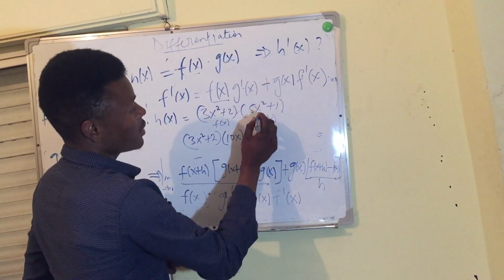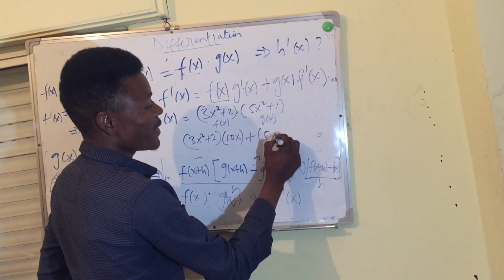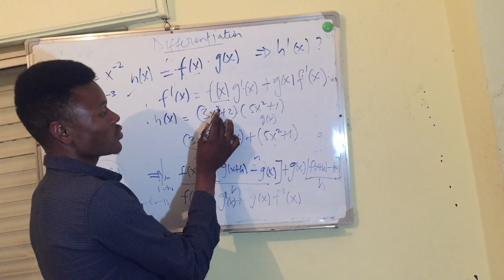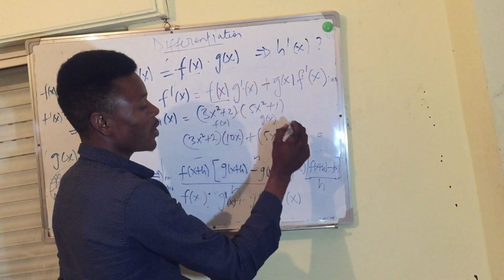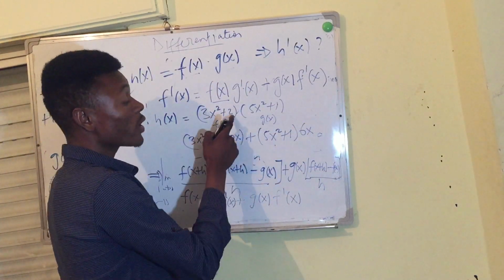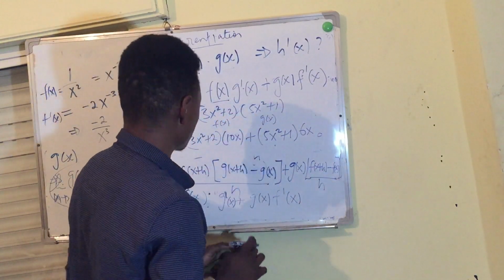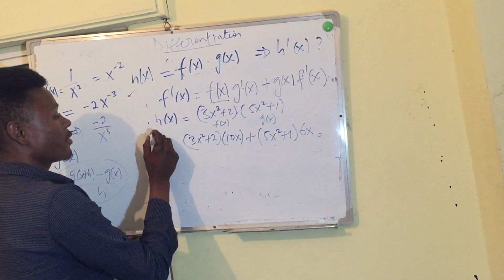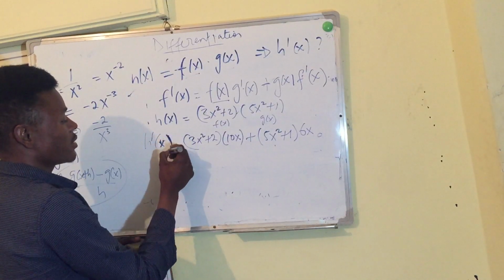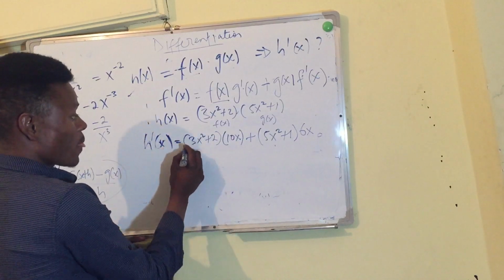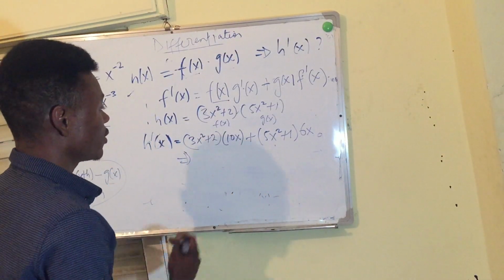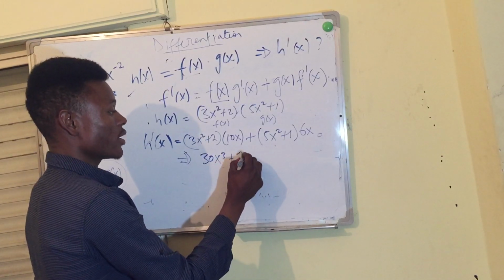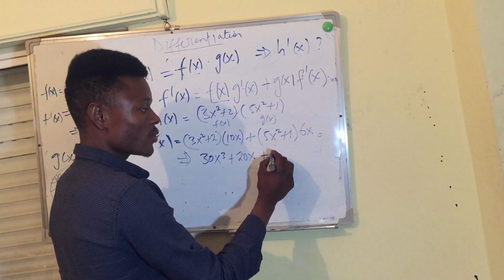Say from the formula again, and plus g of x. What is g of x? Is 5x squared plus 1. Then times f prime, meaning f then, 3x squared plus 2. So prime is multiplied by the power by the 6x to the power of 1 is simply 6x, then times 2. Okay, time plus the derivative of 2 is 0 because it is a constant. So this is h prime of x. H prime of x, derivative of one function. So abinda mutum zai yana shine simplification, expansion. If you multiply 10x through one, zai kasance 30x cubed plus 20x plus 6 kuma ya shigo nan wurin zai kasance again